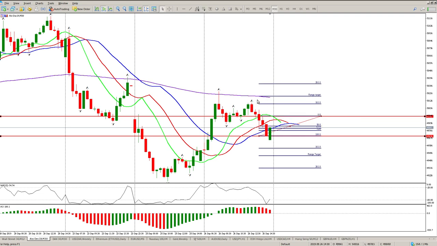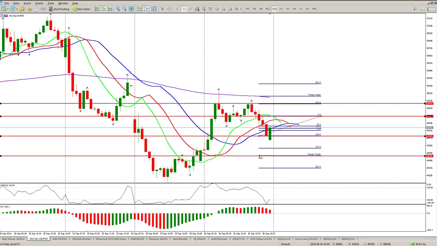Range target takes us to the 30-minute 200 EMA, which also almost validates a head and shoulders. The validation of the head and shoulders will be above the high of yesterday. If we break above the high of yesterday, that's going to validate this inverse head and shoulders. Okay, so that's the first level, and a break below gives us a range target right here, which is a